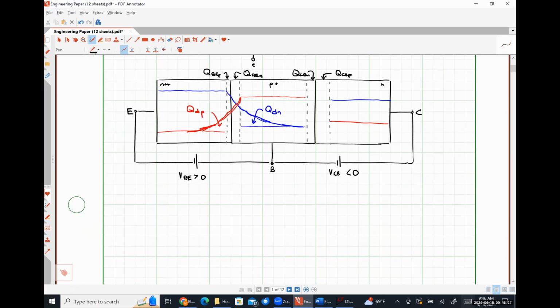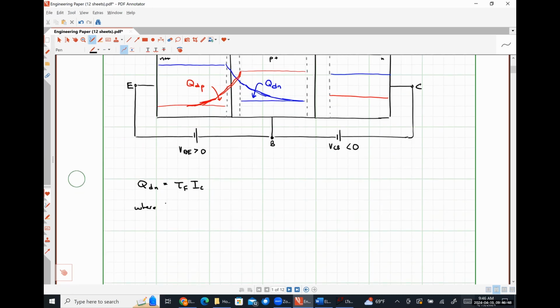So our charge QDN is going to be given by a coefficient tau sub f times whatever our collector current is, where tau sub f is the forward base transit time and represents the average amount of time a charge carrier spends